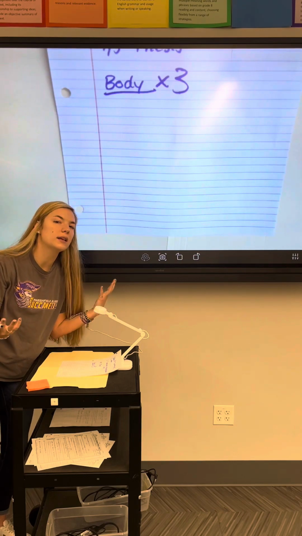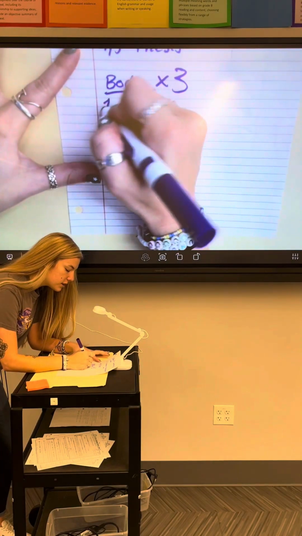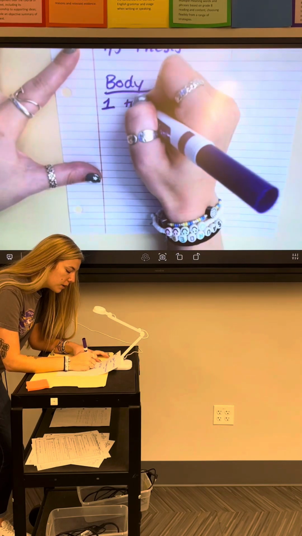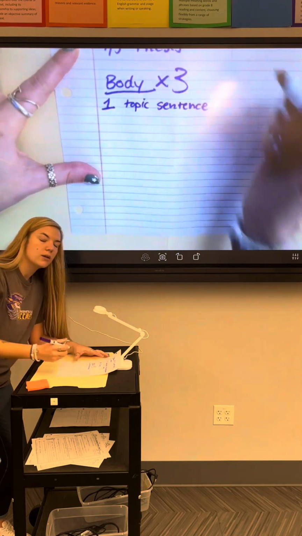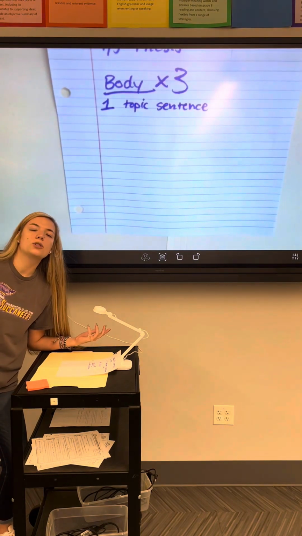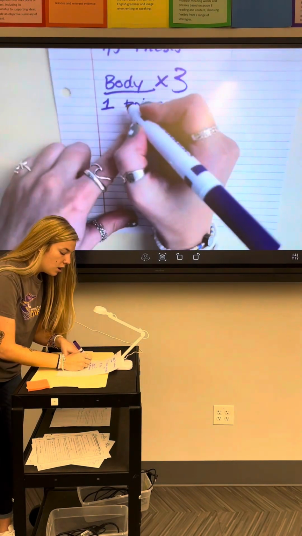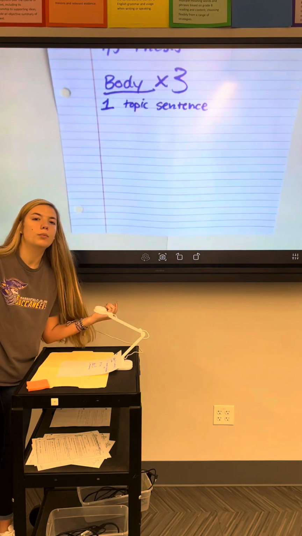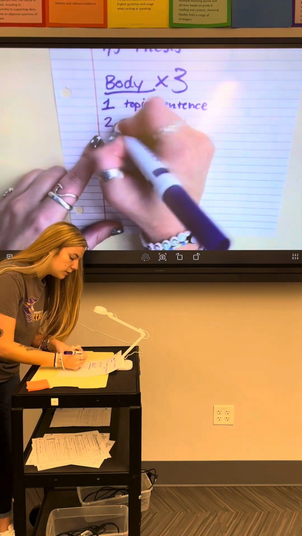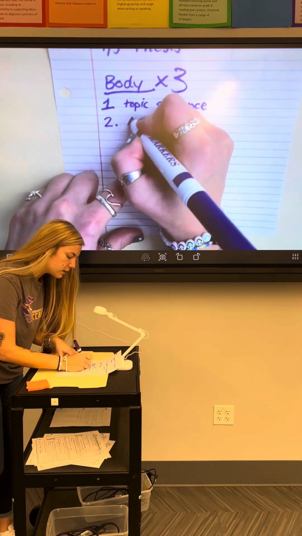So, your body paragraph should be 5 to 7 sentences long, and it's basically just a really big race. Like, that's really all it is. Our first sentence should be our topic sentence. What is this body paragraph going to be talking about? Ours, for example, is going to be habitat loss. So, elephants are losing their habitat because of this. Boom, right? Our second one would be us answering.